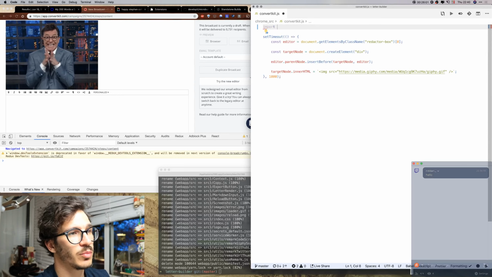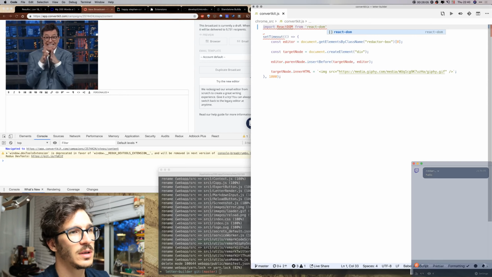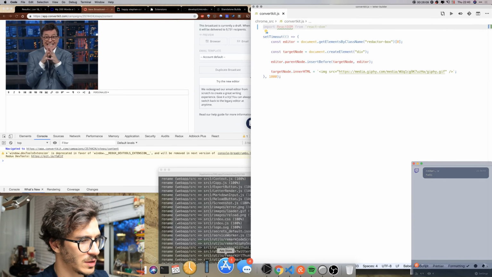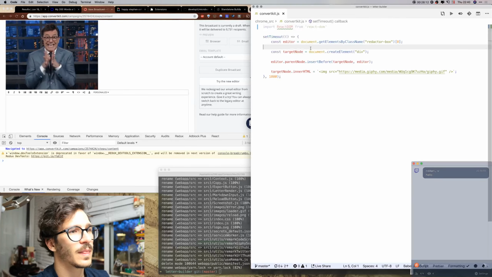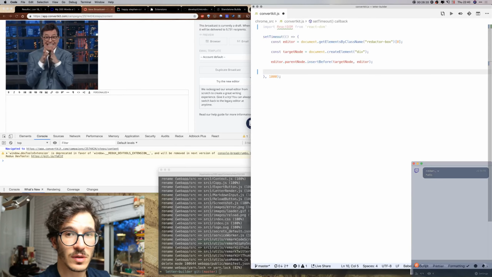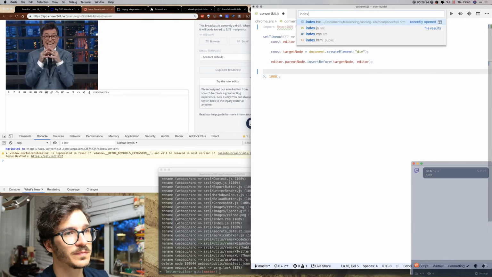Actually, I'm going to import ReactDOM from react-dom, and my computer just became crazy slow. Why? setTimeout, create element div, editor parent node insert before, but now instead of rendering a div, I'm going to go into index.js